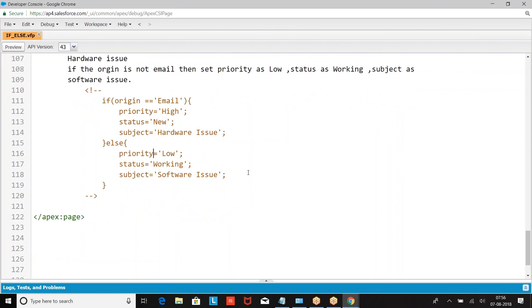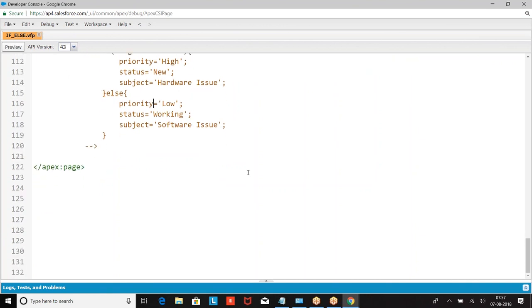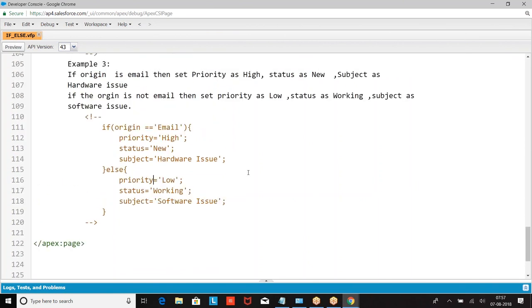If you want to compare whether two values are equal or not, use double equal. When you want to assign, when you want to say A should be 10, A equal to 10. When you want to check whether A is equal to 10 or not, A double equal to. While checking whether both values are the same, double equal to. While assigning the value, single equal to. All the people who are new to programming, are you comfortable?